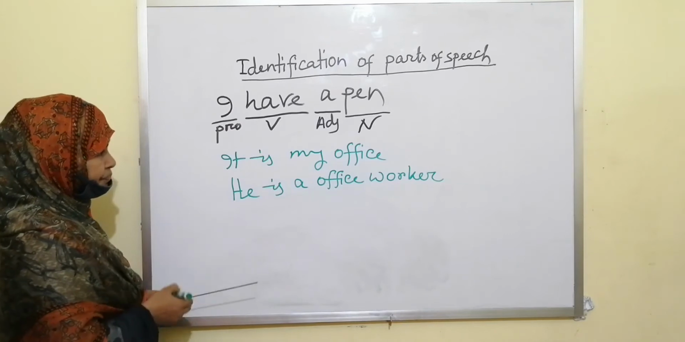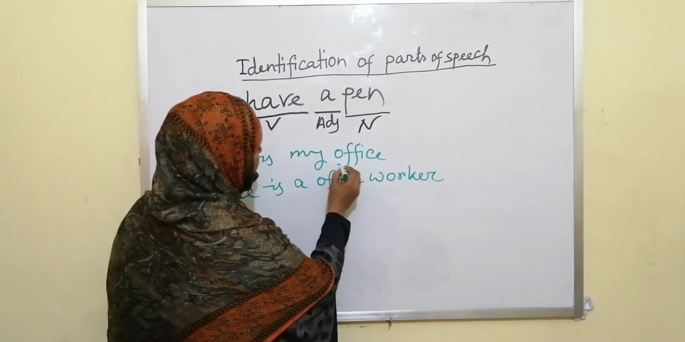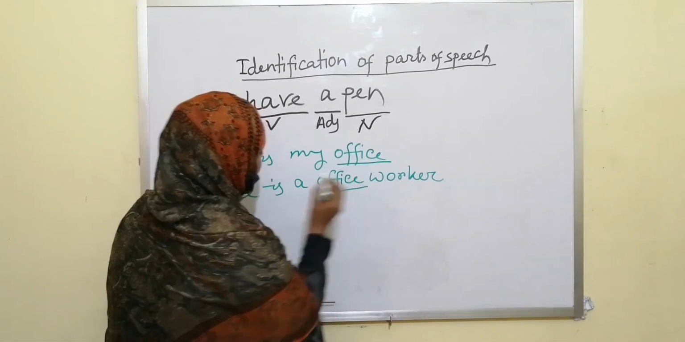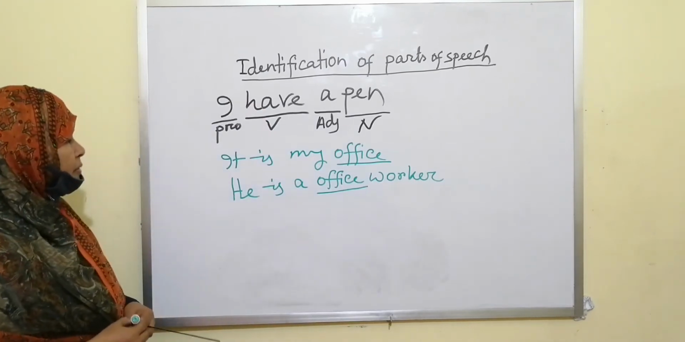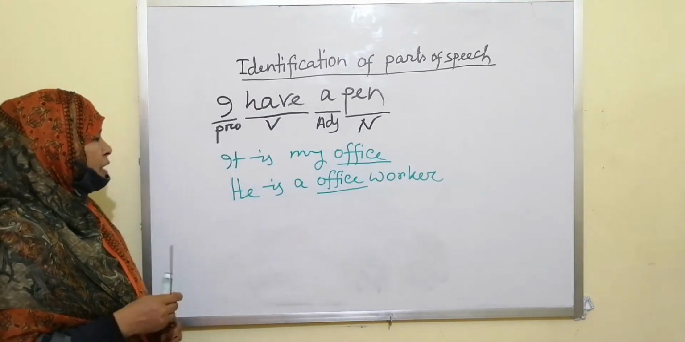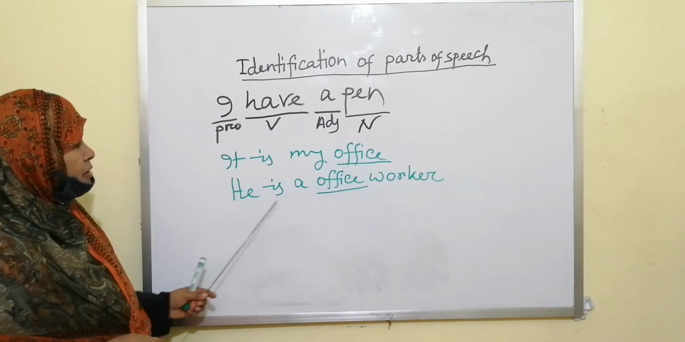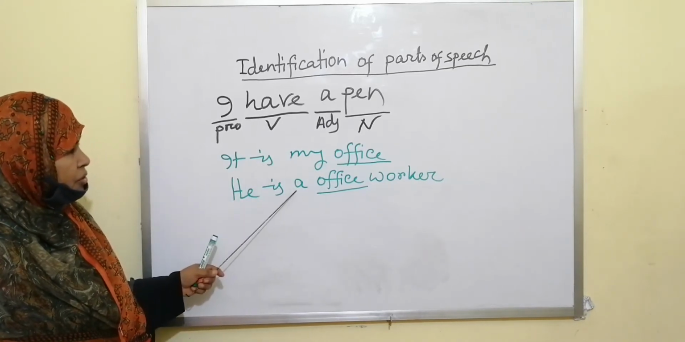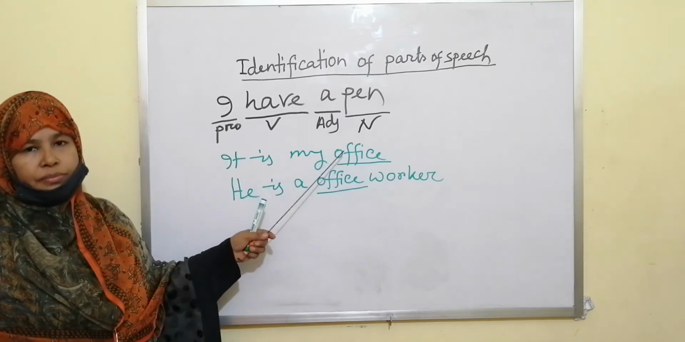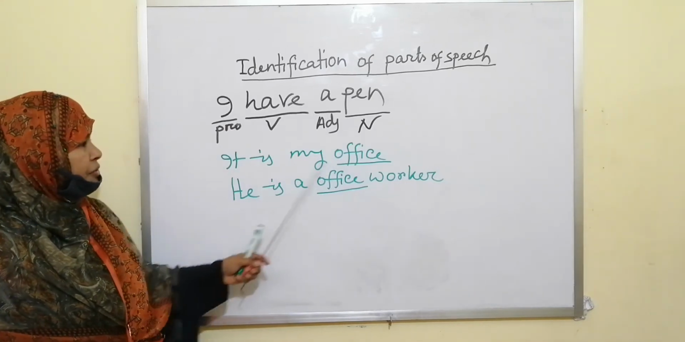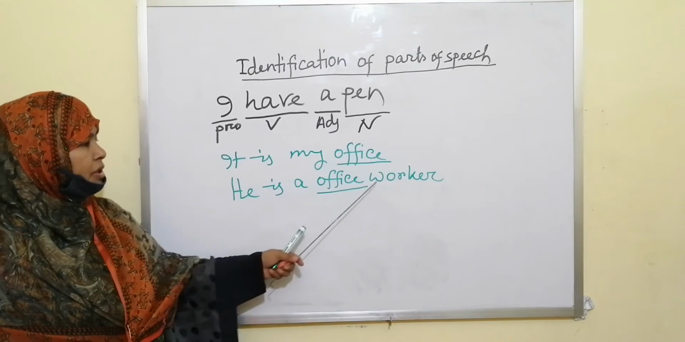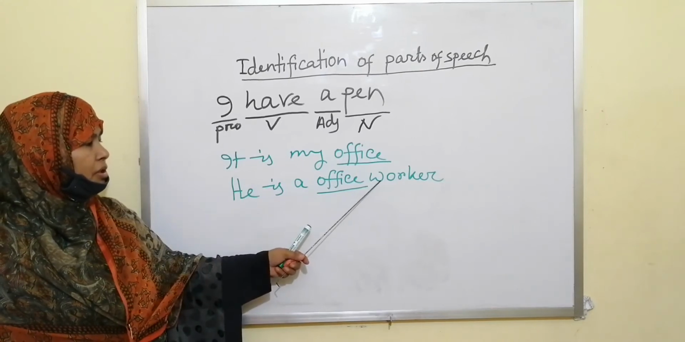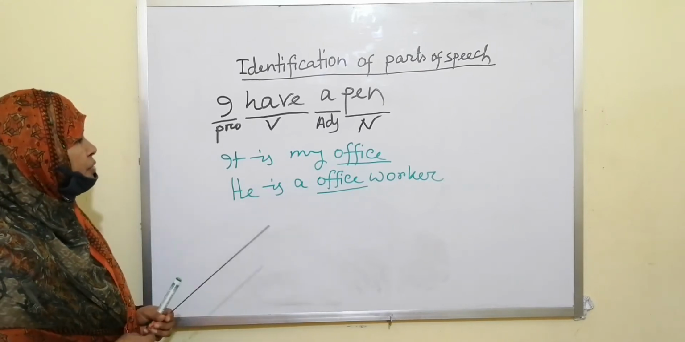Dear student, you underline under office. Dear student, it is my office and he is an office worker. The meanings of the two sentences are not the same and their uses are not the same. It is my office, এটা আমার অফিস। He is an office worker, সে একজন অফিস ওয়ার্কার, অফিস কর্মী।